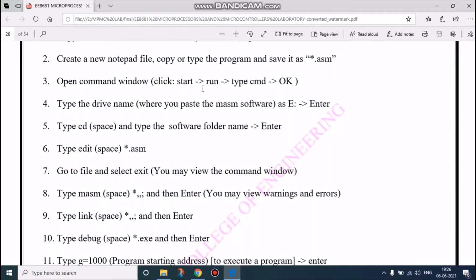Now we have to open the command window. The command window can be opened from Start, click Run, and there type cmd, then give OK.